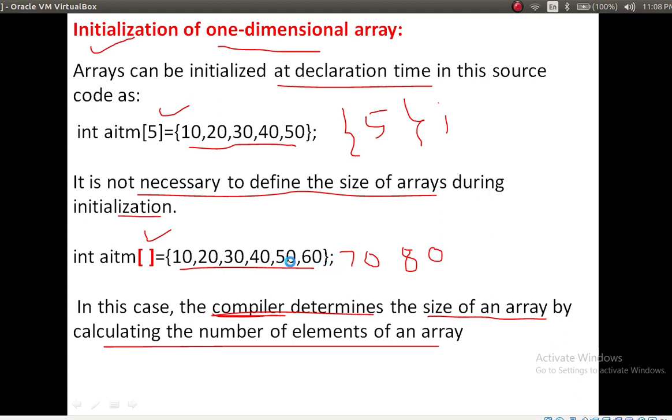Based on these elements, the compiler will determine the size of the array. So you can use either this one or this, but both are valid. So that is initialization of a one-dimensional array.